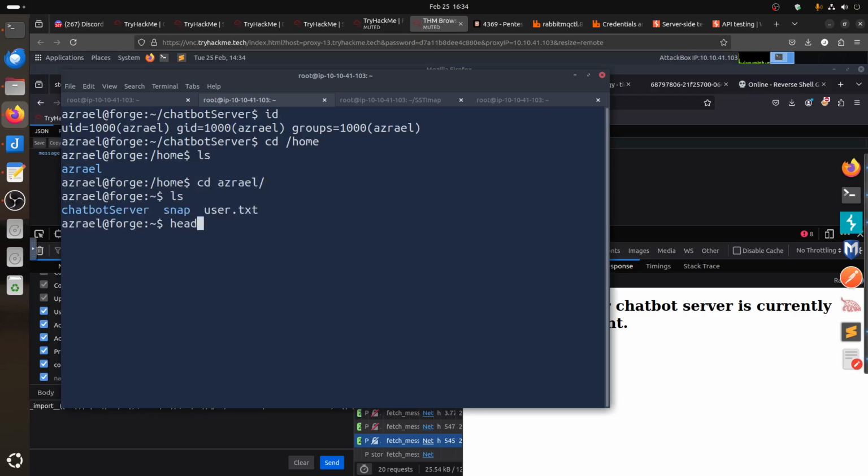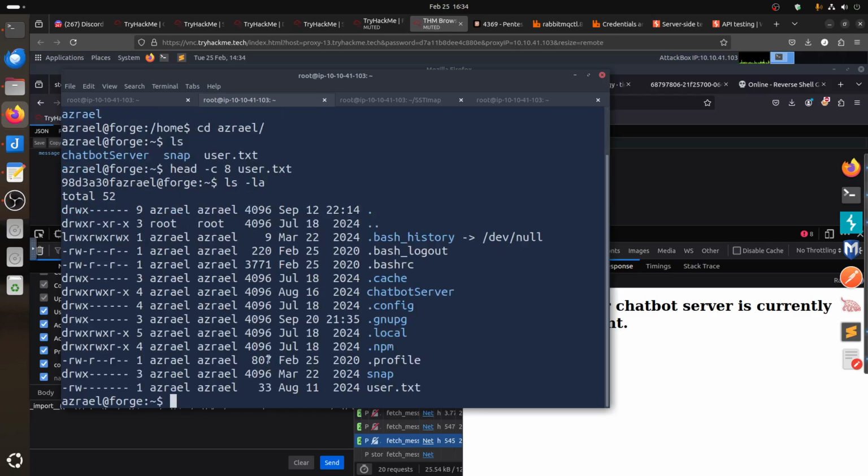Then we have head minus c 8, for example, user. That's the flag that starts, so you can get the flag. ls minus la. Now it has bash history is null, cache, that's the shotboot, the config, profile, user. There's nothing special here, but remember we got